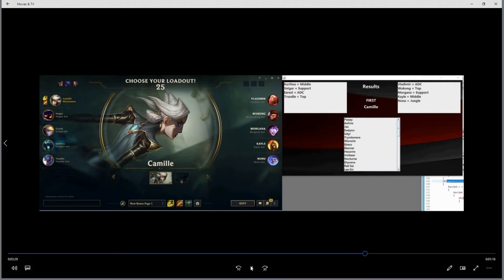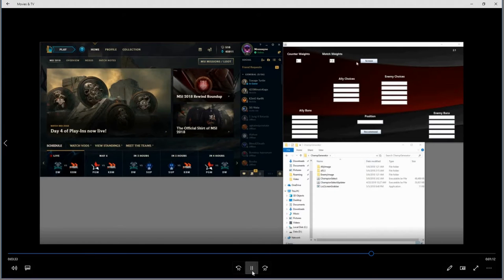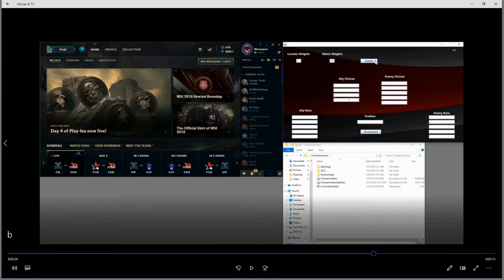So it tells me to choose Camille as the first pick, so I chose Camille, but I can also choose any of these other ones, starting from the top as the best second choice, etc. So here's an example of the screen button grabbing the client's